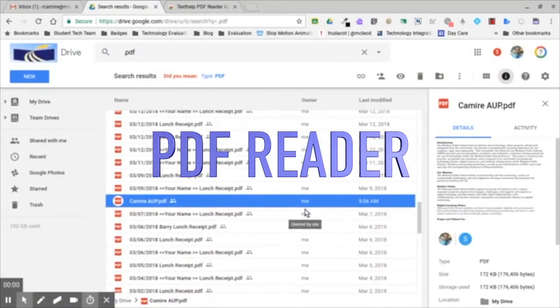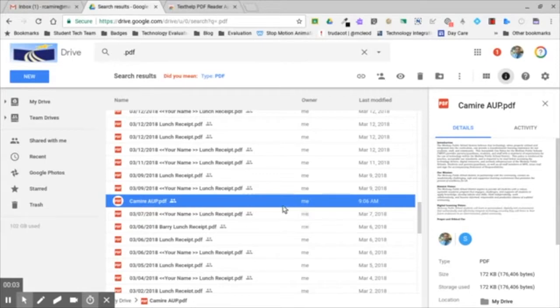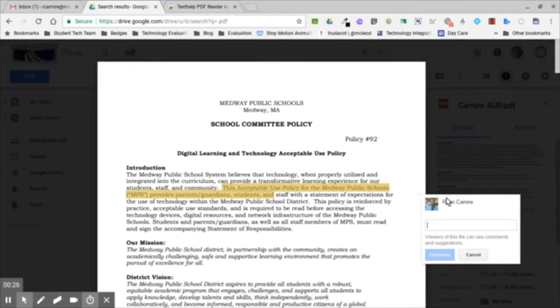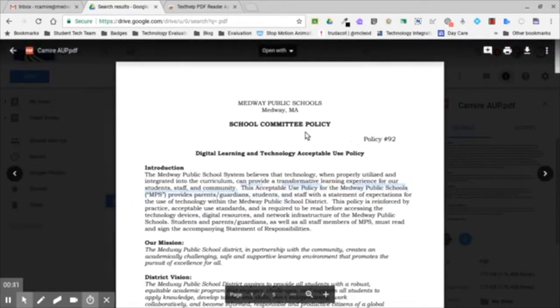An additional tool that TextHelp Read and Write offers is a PDF reader. So currently, Google Docs and Drive offers the ability to comment now, which is a brand new feature. So if I took any PDF in my Drive and double clicked that to open it, you can see that I have the ability now to leave comments just like any other Google Doc. You can actually do this with Word documents now and things like Office files. So if you're looking to just straight leave comments on PDFs, using the Google tools itself is the way to go. But if you want to use some of the Read and Write tools that are available, the reading and all that stuff,